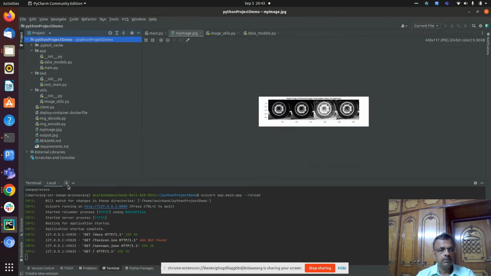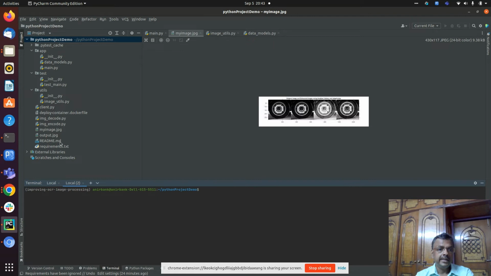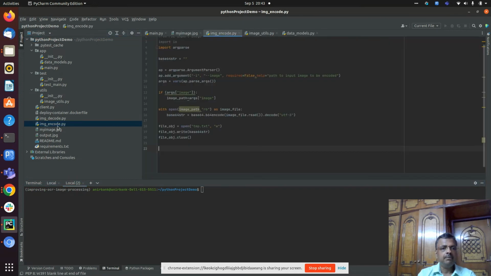And what I can do is, now I need to pass the base64 encoded version of this image to this API. Now this works very well across technology stacks. So we have seen .NET UI, .NET Blazor UI, they are also able to use the base64 encoded format and send it to our API, which is written in Python and FastAPI. So for that, I take help of this image_encode.py, which takes the image and basically writes the base64 encoded string into a temp.txt. So I just say Python